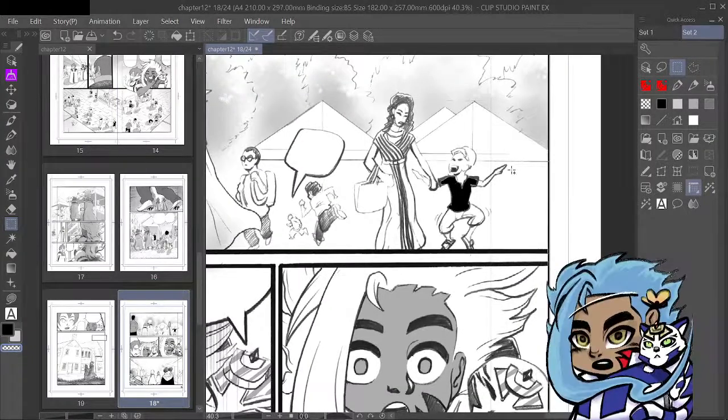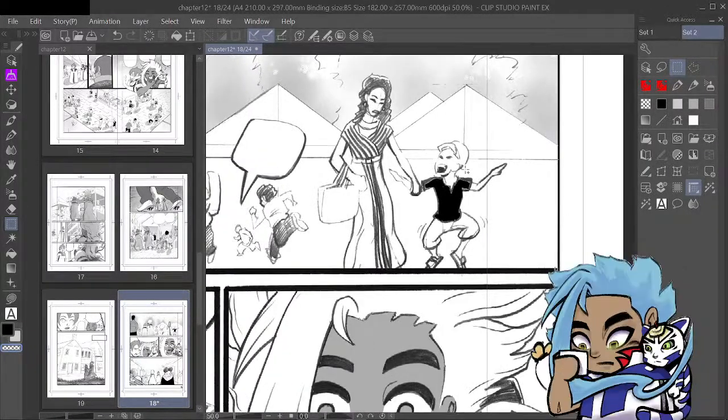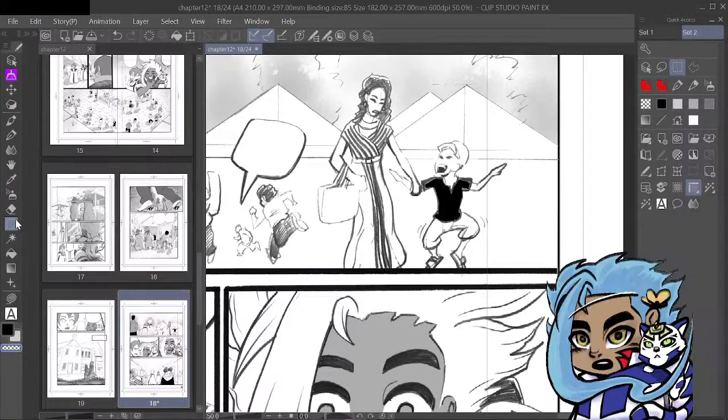As far as this bottom area goes, it's going to be the interesting part.